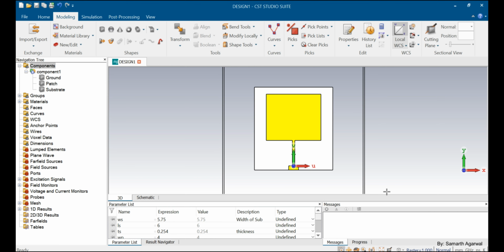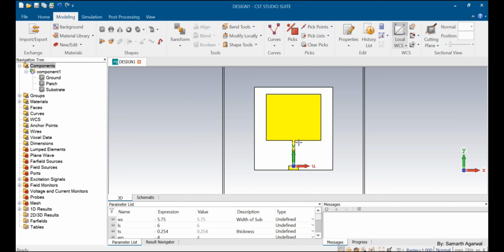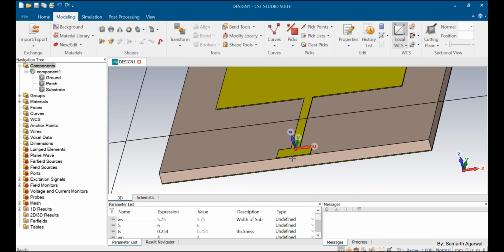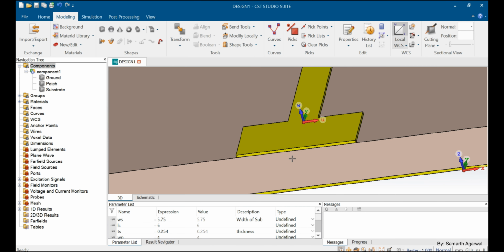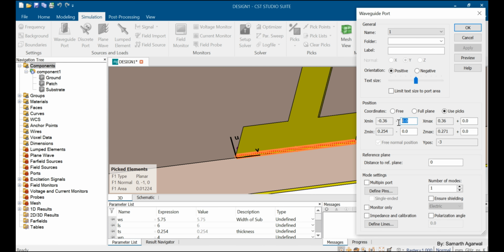So now we have to simulate this design, and in order to simulate this antenna, we have to give some excitation, and excitation has to be given with the help of waveguide port. So waveguide port will be applied to the face of this feed, 50 ohm feed. We'll pick the face and click on simulation and then waveguide port, and here the dimension will be 3 times